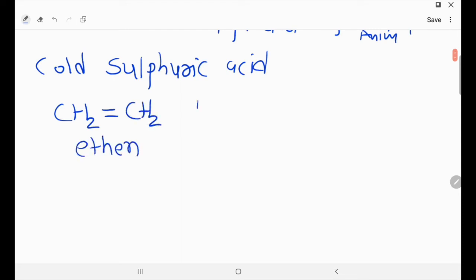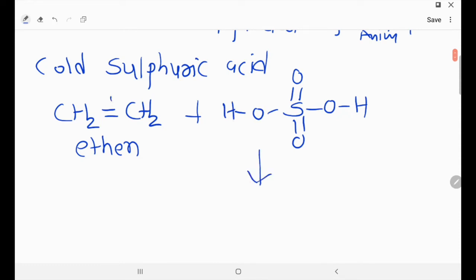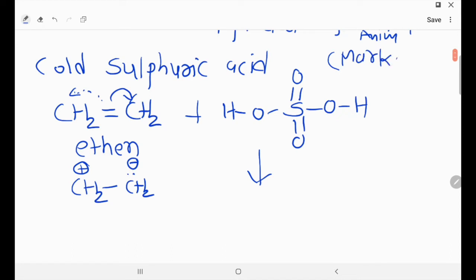Now what will we do, dear students? Yes, very good. We will take sulfuric acid here, S double bonded oxygen, single bonded oxygen with hydrogen, and another single bonded oxygen with hydrogen. Now how does this addition take place? These electrons may transfer here, or they may transfer there; in both cases it makes no difference. So CH2 single bond CH2, there will be a negative charge and a positive charge. This addition follows Markovnikov rule.